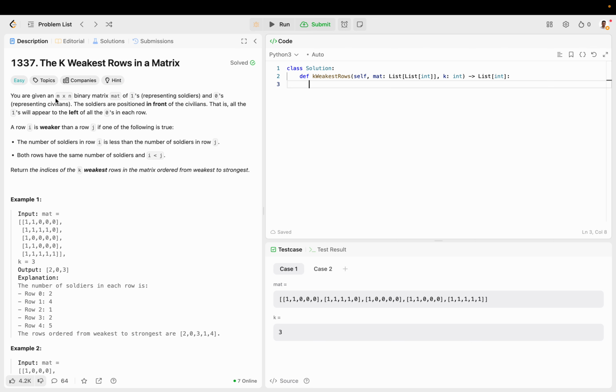So you're given an n by n binary matrix, so only zeros and ones in each row, each column. And the ones represent soldiers and the zeros represent civilians. The soldiers are positioned in front of the civilians. That is, the ones will appear to the left of all the zeros in each row. And the row i is weaker than j if the index of i is less than j, or the frequency of ones in i is less than the frequency of ones in j. And you want to return the indices of the k weakest rows in the matrix ordered from weakest